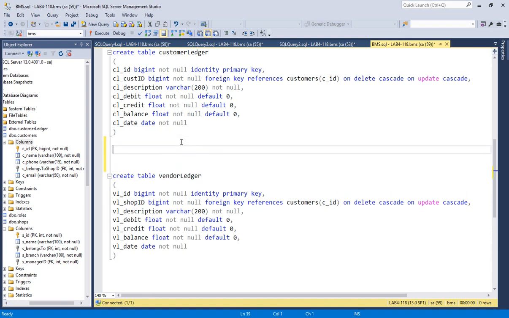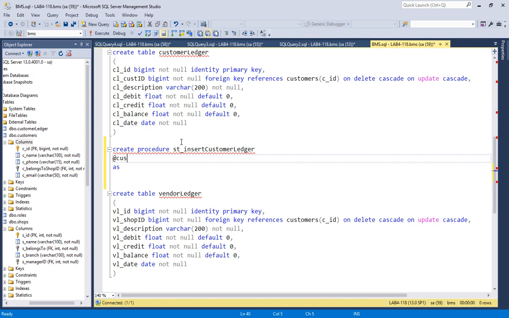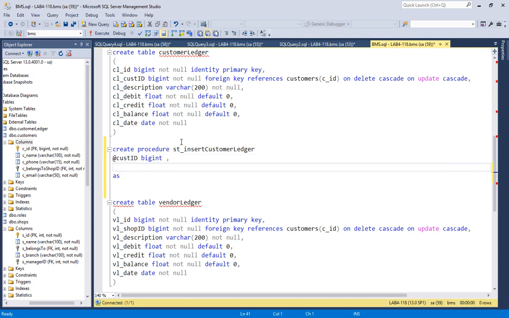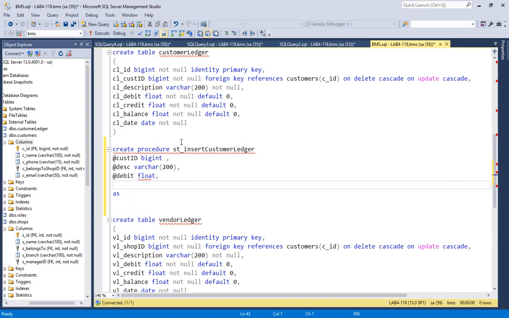So what I have to do: create procedure st_insert_customer_ledger as. What I need to pass here is the customer ID, that is bigint, and then the description, that should be varchar(200), and then the debit, that is float, and credit. I have made them default 0, so if I do not insert the values, the default value will be 0. So debit, credit, float,